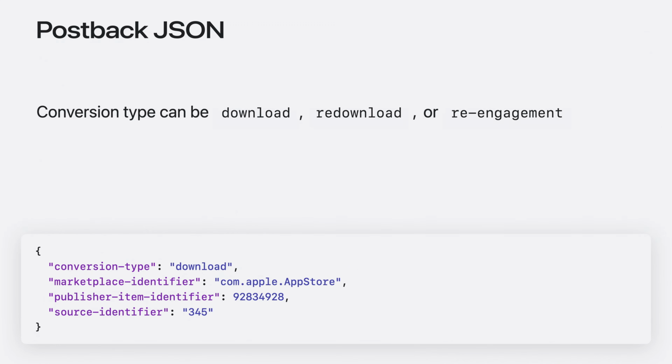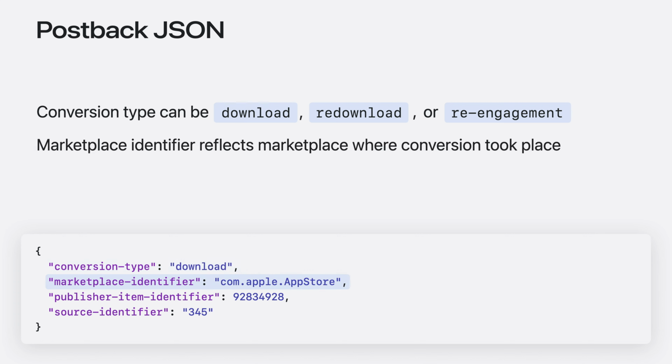The conversion type field carries information about the type of conversion that created this postback. The values for this field can be download, re-download, or re-engagement. The marketplace identifier field carries the identifier of the marketplace where the conversion occurred. In our examples, because the download is taking place on the Apple App Store, this field has the value com.apple.appstore.